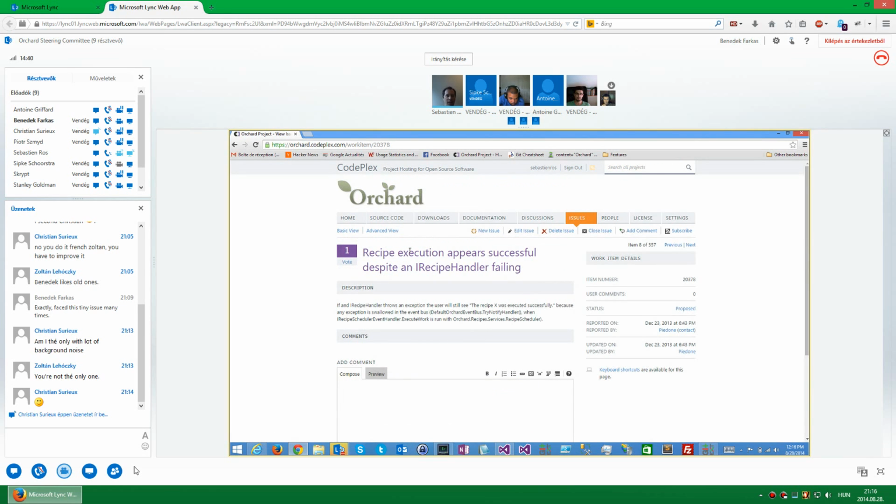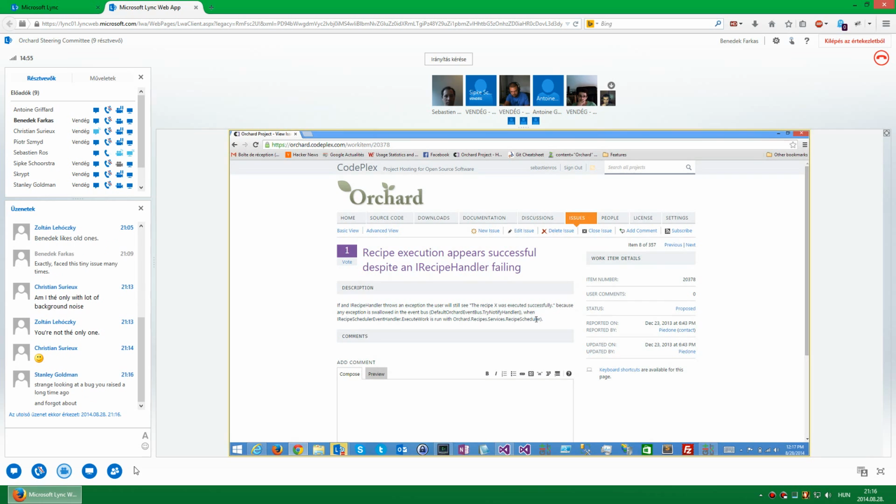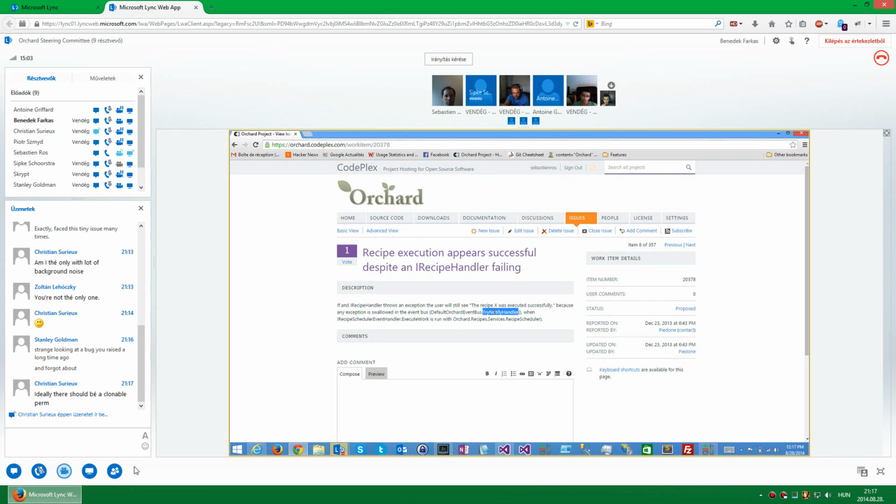Next. Recipe execution appears successful despite an IRecipeHandler failing. That's weird.